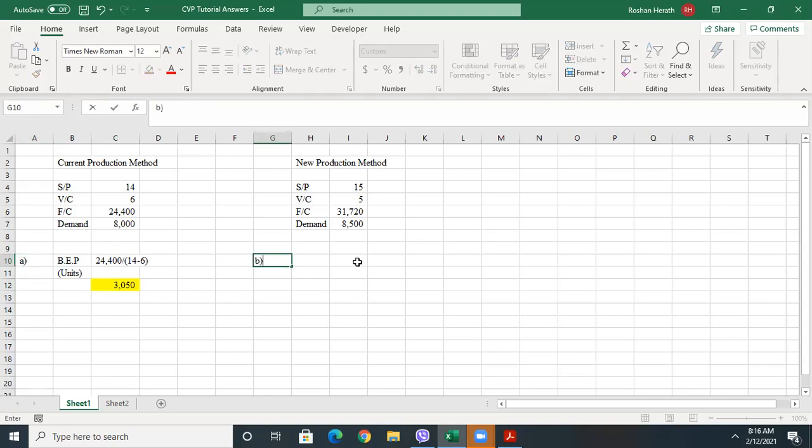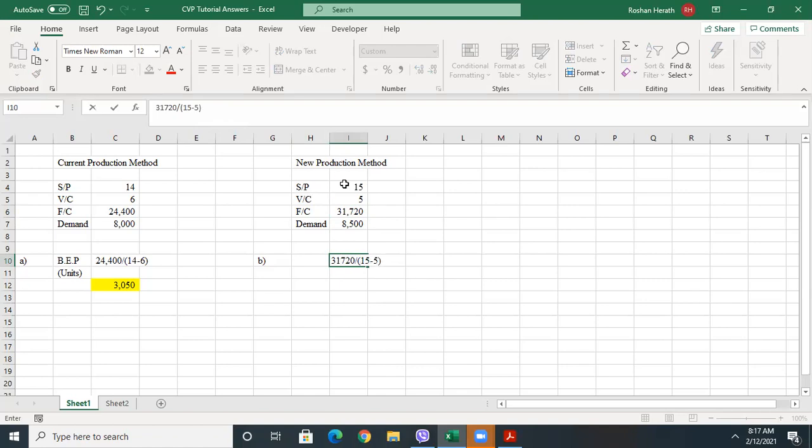Then for part B, you would do the same. Depending on the new circumstances, the question says that the fixed cost will increase by 30%. So you would adjust that by taking the initial fixed cost and multiplying it by 1.3, which includes the 30% increase. It becomes 31,720. If you take this 31,720 and divide it by the break-even contribution,